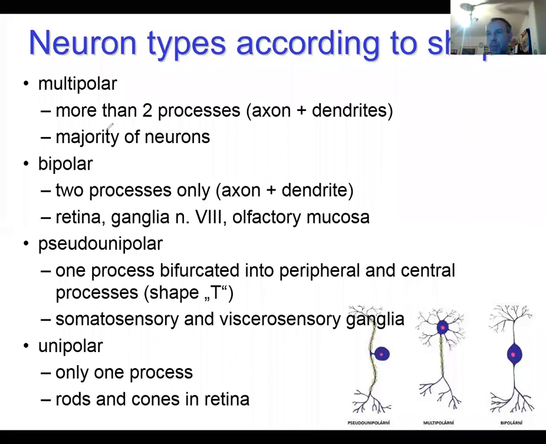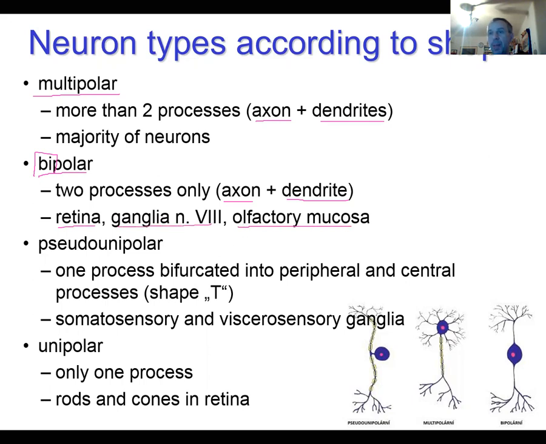So generally, the most common type of neurons are multipolar, which means that there are more than two processes, one axon and more dendrites. Then we have bipolar, bi meaning two. So we have two processes only, one axon and one dendrite. These are quite specific, and we find them only concerning the cranial nerves: the first in olfactory mucosa, the second in retina, and the eighth in the inner